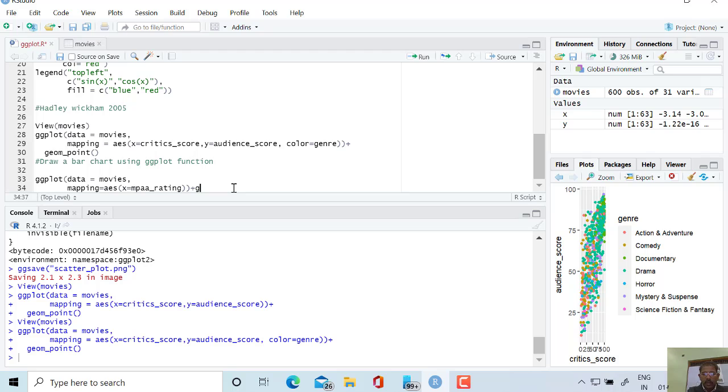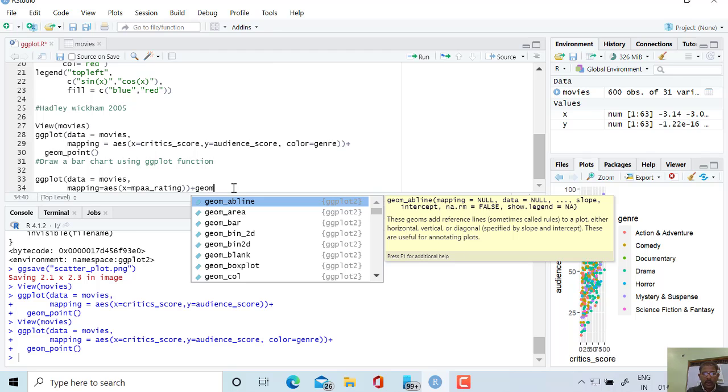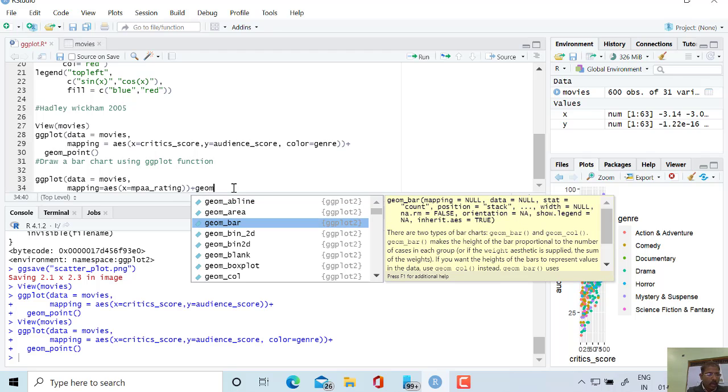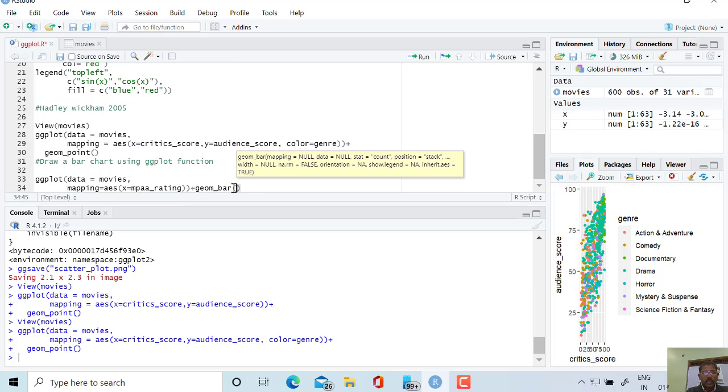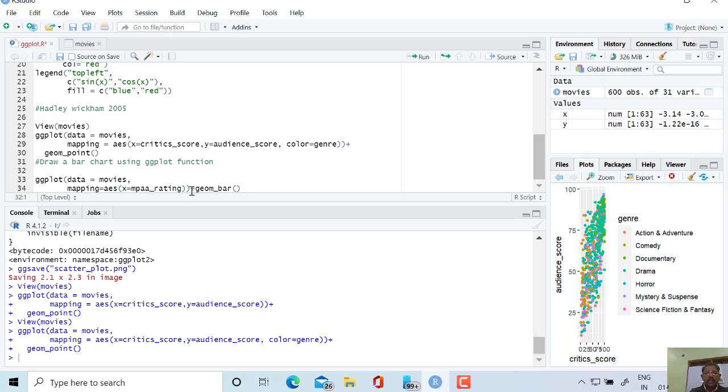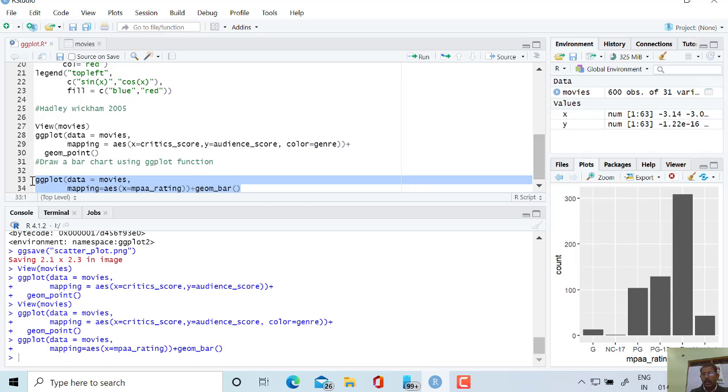And geom_bar will be used at this point, because this is a bar chart. In the previous case it was a scatter plot, that means a point plot, and therefore geom_point was written there. In this case geom_bar will be written here, and let me execute, and here we can see that the bar chart has been drawn, count by MPAA rating.